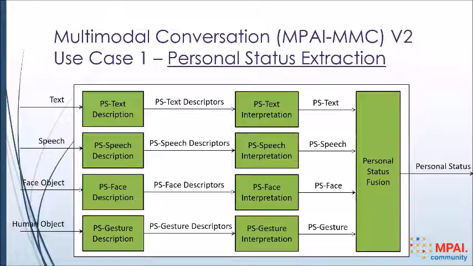What do we plan to do? I'll give you just a few examples of what we plan. The first one is personal status extraction. This is a kind of composite AI module. It's composite in the sense that it contains 9 modules inside, each with certain features. The first layer produces descriptors. The second layer interprets the description. And the third, which is just an AIM, fuses all of this data into a format that is called personal status, for which we are calling